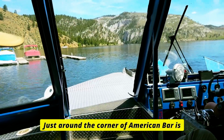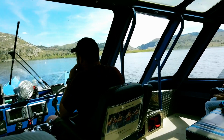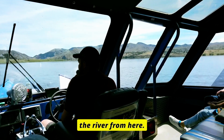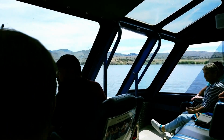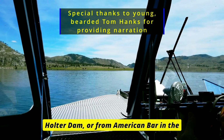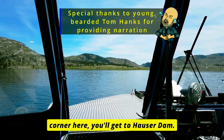Just around the corner of American Bar is where the Missouri River takes shape once again. The extent of the waters dammed up by Halter Dam. Halter Dam is 20 miles downriver from here. If you travel 4 miles upriver from Halter Dam, or from American Bar, the corner here, you'll get to Hauser